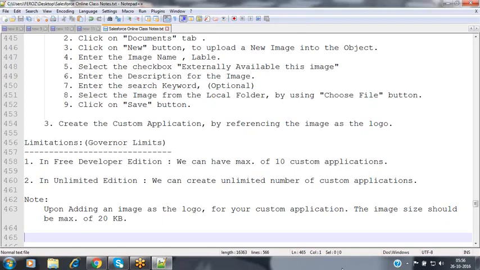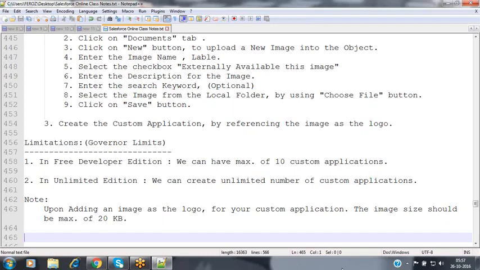So we can have 10 custom applications in the free developer edition, and unlimited custom applications in the unlimited edition. Whatever the edition, whenever you create an application and use an image as the logo, that image size should be a maximum of 20 KB, not more than that. This is the limitation.